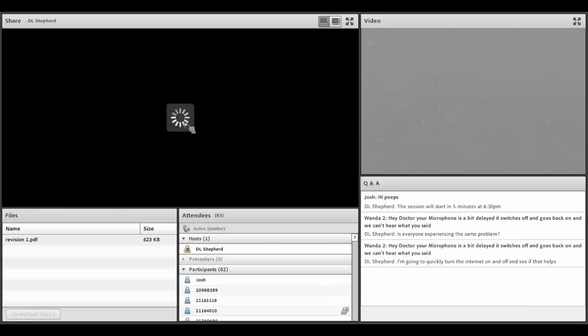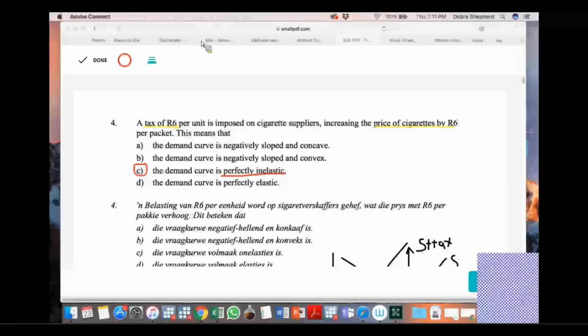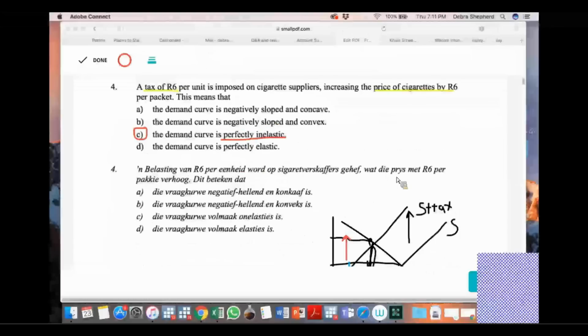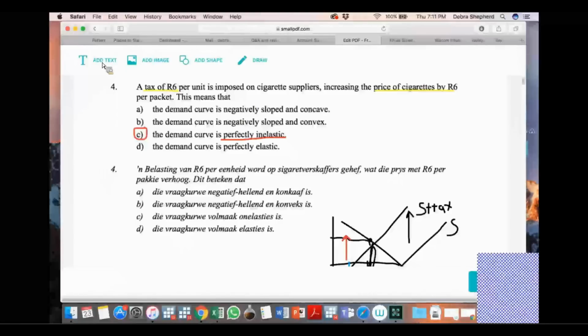So this question is essentially testing to see that you know the difference between the tax burden that is shared between buyers and sellers depending on the elasticity. So this is quite similar to one of the questions in A1 where we gave you the elasticity of supply and we gave you the elasticity of demand. And then we asked you, how is the tax divided? So the important thing to remember here is that whoever is more responsive to price will end up paying less